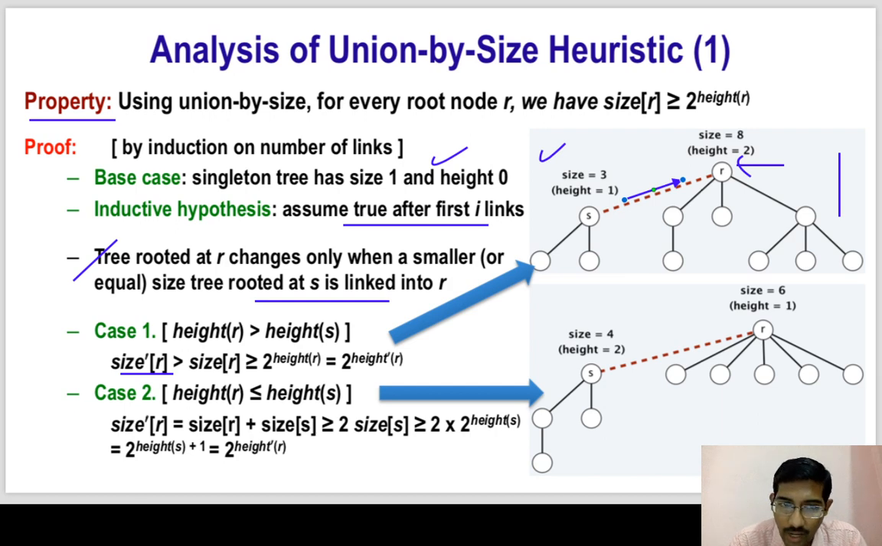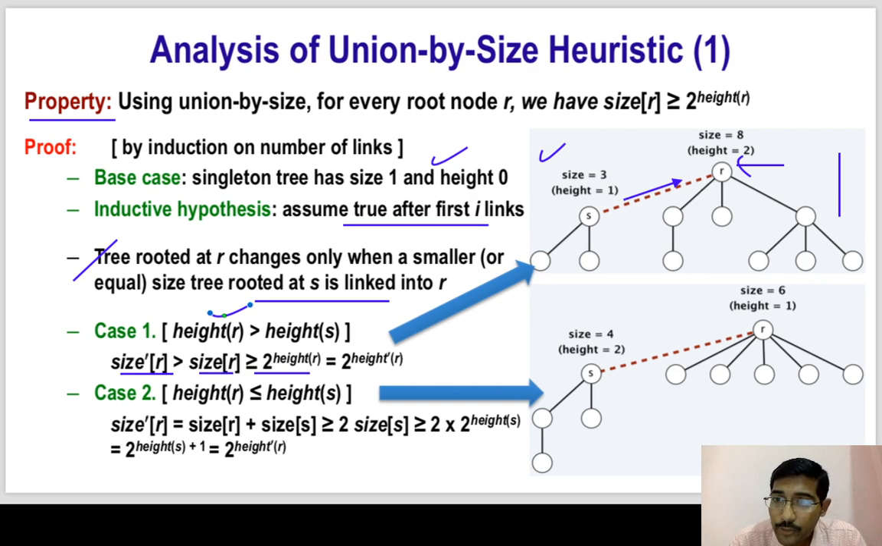is size dash R. It is obviously going to be greater than size of R because we are at least adding some nodes. And due to the induction, we know that size of R is greater than 2 to the power height of R. And since this has more height, the height of R is more than the height of S by this relation. So the 2 to the power height of R is obviously